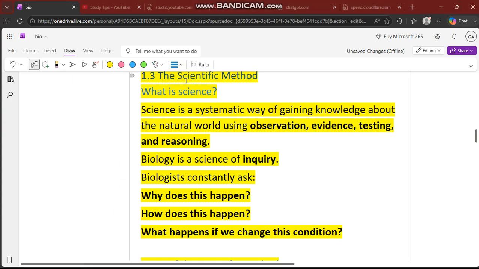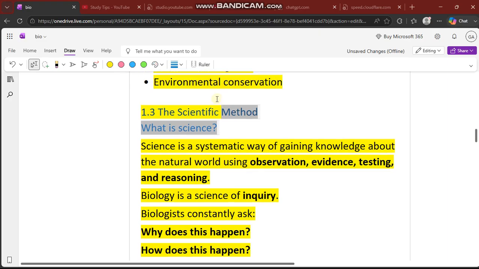So biology የዘጠነኛ ክፍል አብረን እናያለን። 1.3 the scientific method ሚለውን እናያለን ማለት ነው። what is science ይላል ማለት ነው። ሳይንስ የምንለው ነገር ምንድነው ተብሎ ጥያቄ አለ ማለት ነው። so ሳይንስ የምንለው ምንድነው? what is science ይላል ማለት ነው። what is science? so science is a systematic way of what gaining